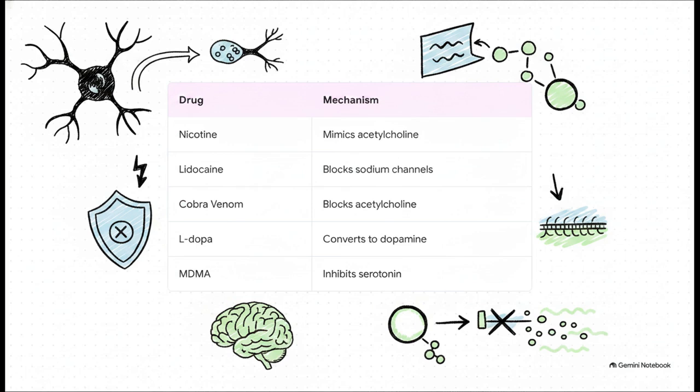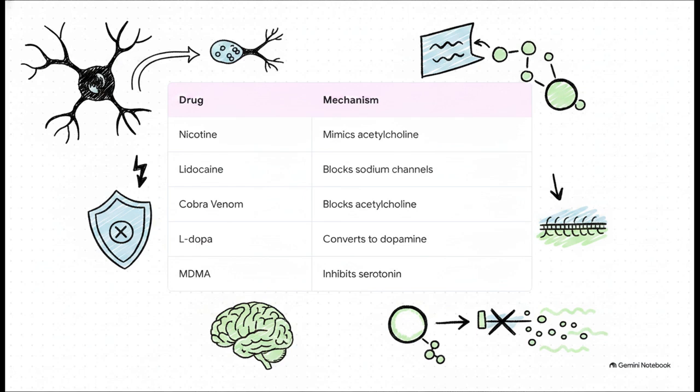Nicotine, for instance, mimics a neurotransmitter called acetylcholine. It binds to receptors and triggers a prolonged response, while also stimulating the release of dopamine in the brain's pleasure centers. Lidocaine, which is a really common local anesthetic dentists use, acts by blocking voltage-gated sodium channels. It literally prevents the nerve from generating an action potential, which is exactly why you don't feel pain when they're